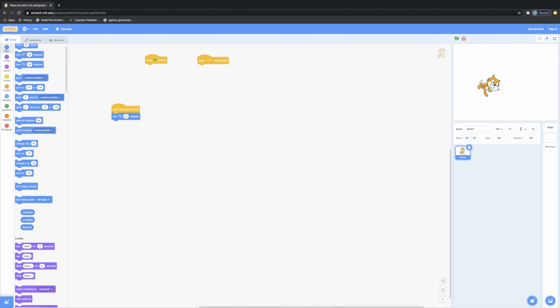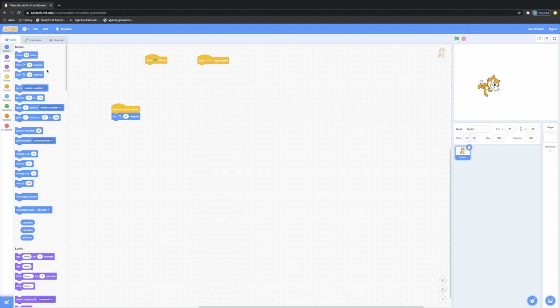Now for the remainder of the video, we're just going to go over all the different motion actions you can give to your sprite. We've already demonstrated move. When an action occurs, have it move 10 steps. We've already seen the clockwise and the counterclockwise commands. The next one we're going to go over, let's get rid of these, we don't need it for now,